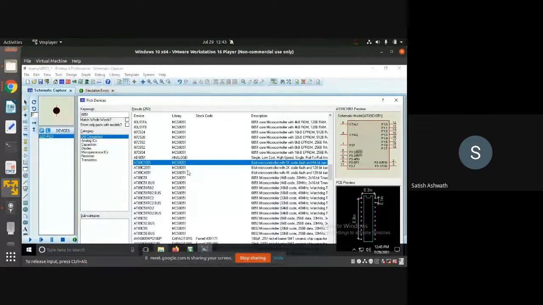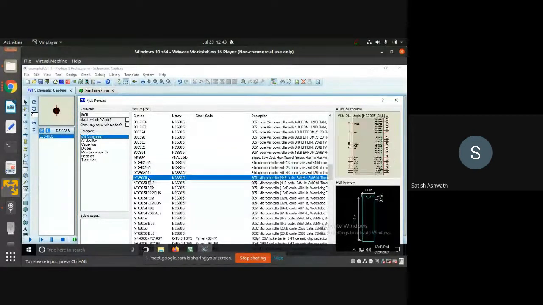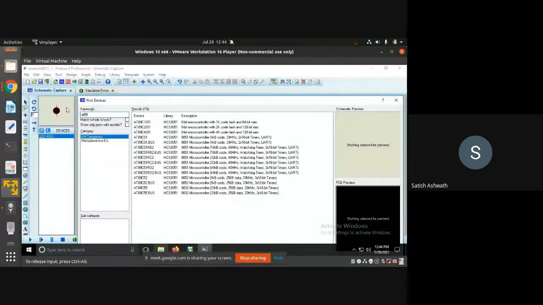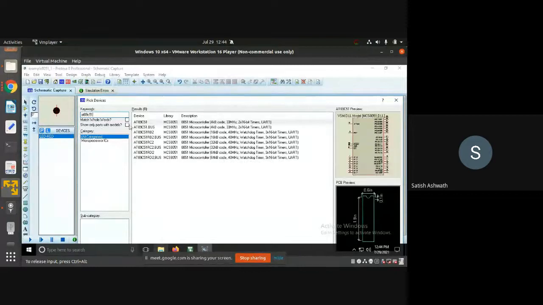That will work. This one looks slightly different, and all the ports are not available in it. This generic 89C51 should work, since it has all the ports available. If you want to be more specific, just type 89C51 here, and it will show you exactly what you require.